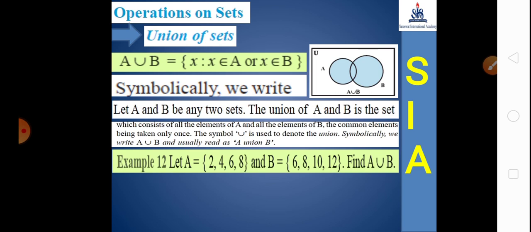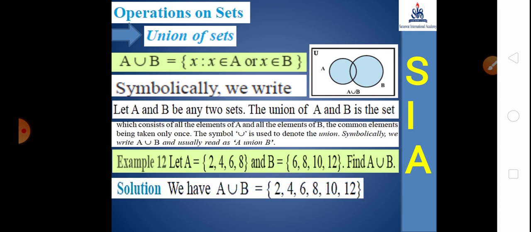So let us explain one of the examples from your textbook. In the previous part 3 I explained example 11. Now in this topic I just touch example 12. A is given, B is given, and we are asked for A union B. It means, students, you take all numbers: A is included, B is also included, but without repetitions. That is called A union B.